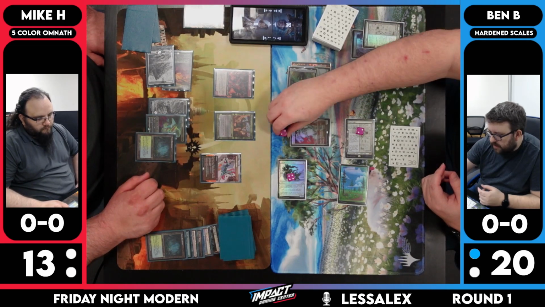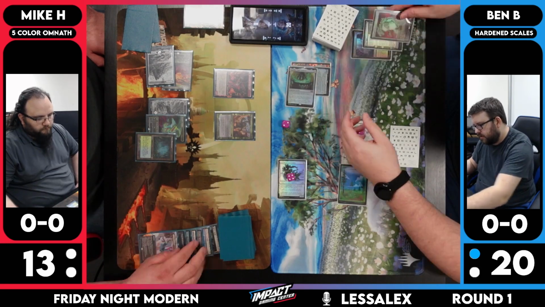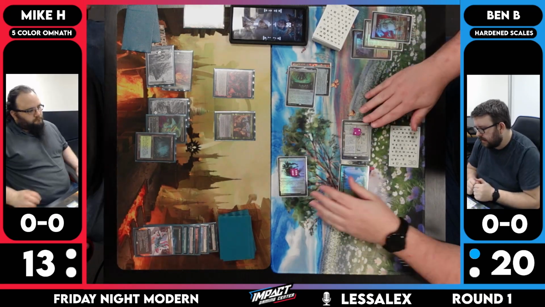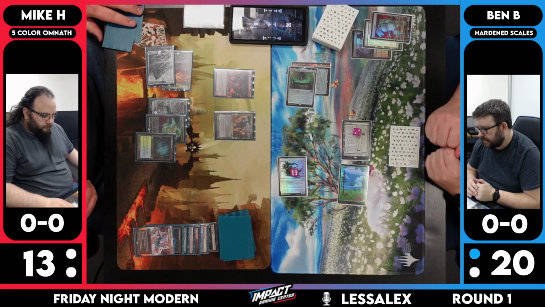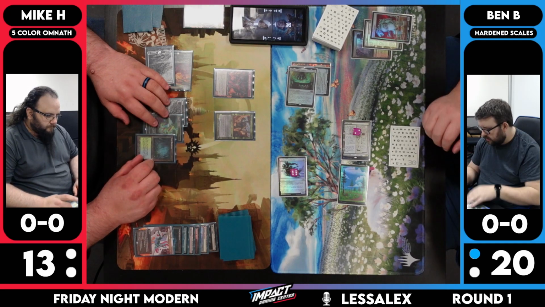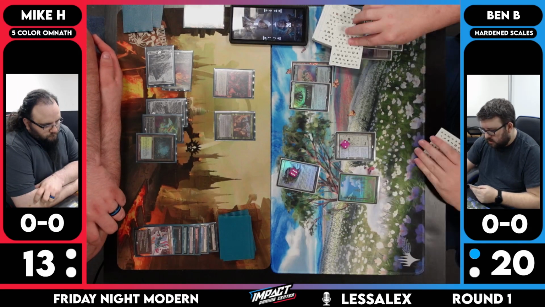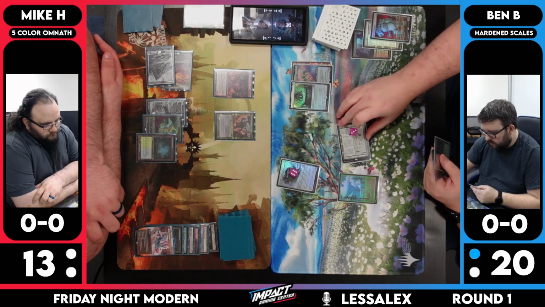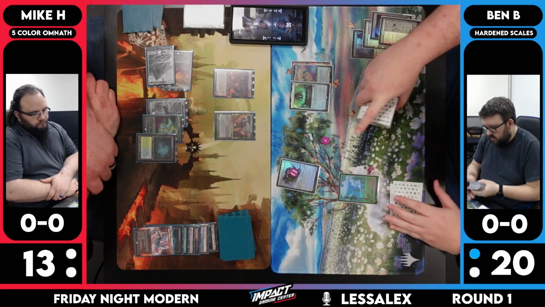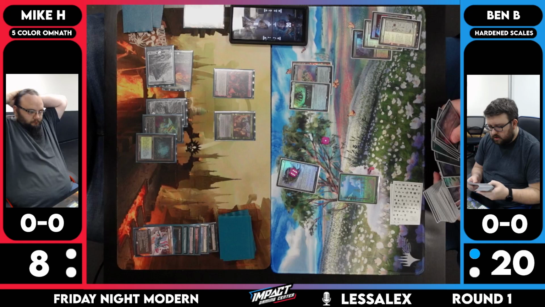That is Molten Collapse. Secret Lair. So he's destroying the Arcbound Ravager here. Ravager will hit the bin. And Ravager will move his counters over to the Patchwork Automaton. And Mike is just going to say go. Again, that Kavu doing a good job of blocking and making it so Ben can't really attack. He can start to now, but